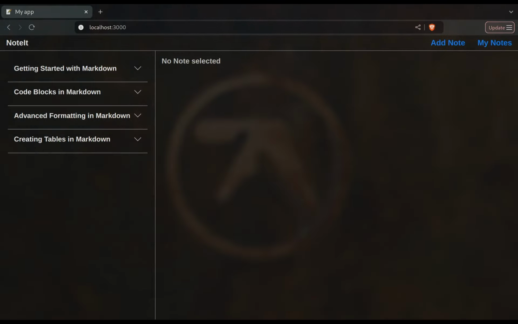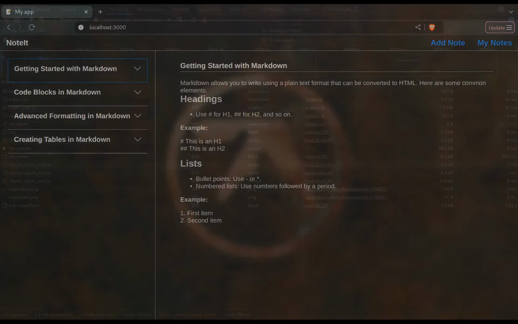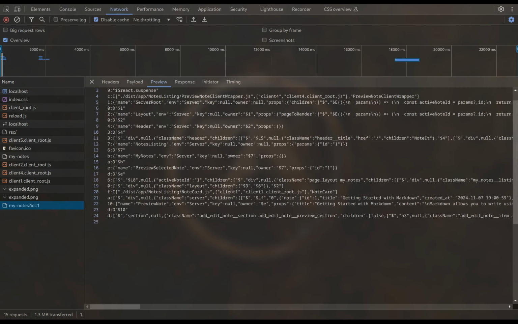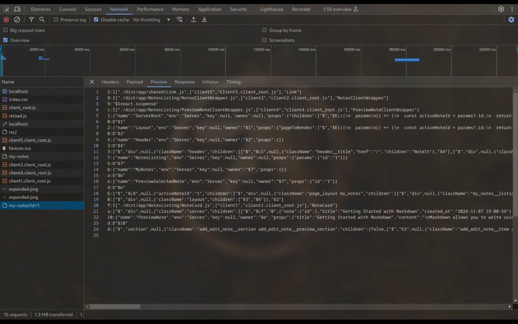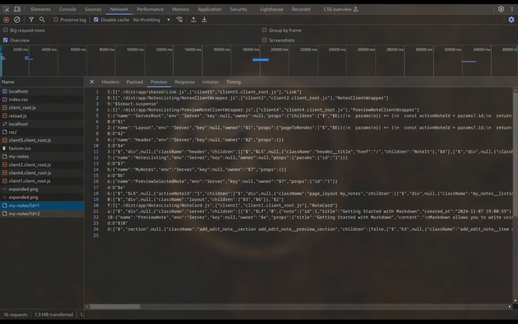Before we move on to the SSR flow, I would like to add one thing about caching and routing, and it's about what scope we have for improving our logic of routing and caching. For that, let's first select this note and we see the preview of this note. Let's go to the network tab. We can see that we made a call to the RSC server and we render our entire note listing page. Let's select a second note and we make an API call with the ID 2, and again we are